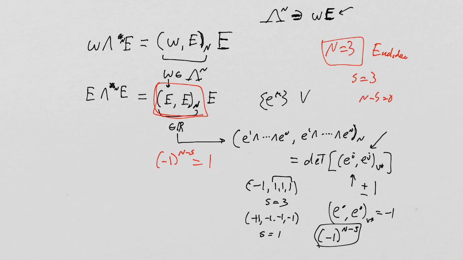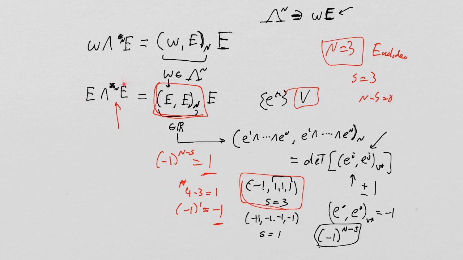For the case of a Lorentzian inner product, you're going to have n equals 4, and s is going to be, using my favorite one here, 3. You get 4 minus 3 equals 1, so you get minus 1 to the 1, so you get minus 1, right? So this is where the actual nature of your underlying vector space really hits home. It hits home when you start to calculate the Hodge dual of the unit volume. You could get a 1 or you could get a minus 1 on this right-hand side. Okay, but moving on,